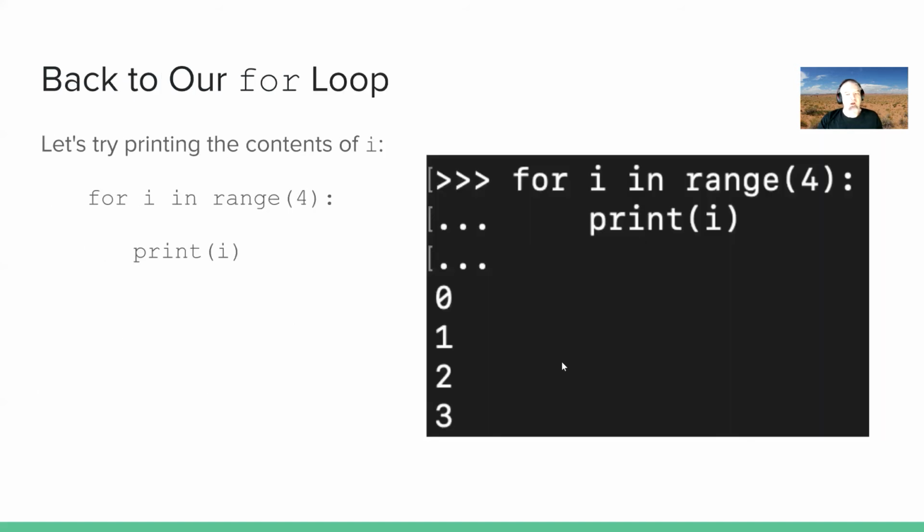All right, so back to our for loop. If we did a for loop iterating through 4 times, and we just say print I, show me the value of I, this is what it would spit out. It would be 0, 1, 2, 3. And effectively, range 4 is basically telling